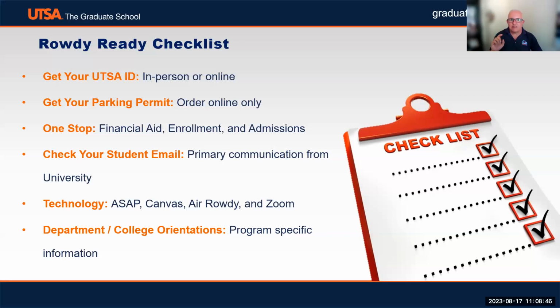Parking permit is the second most common question we get. You do have to order this permit online. Again, that link will be sent out to you, but it is also part of the emails that I sent out over the past few weeks. You cannot order your parking permit on campus. You do need to order it online. And usually it takes, I think, 5 to 7 business days once you order it to be sent to you. Realizing classes do start next Monday,